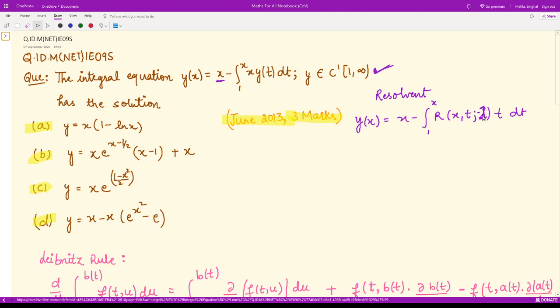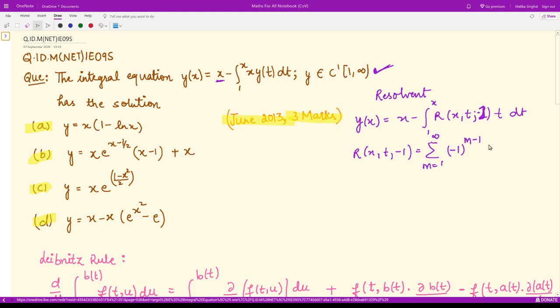So this would be the solution, where this R(x, t; -1) could be calculated as the sum of